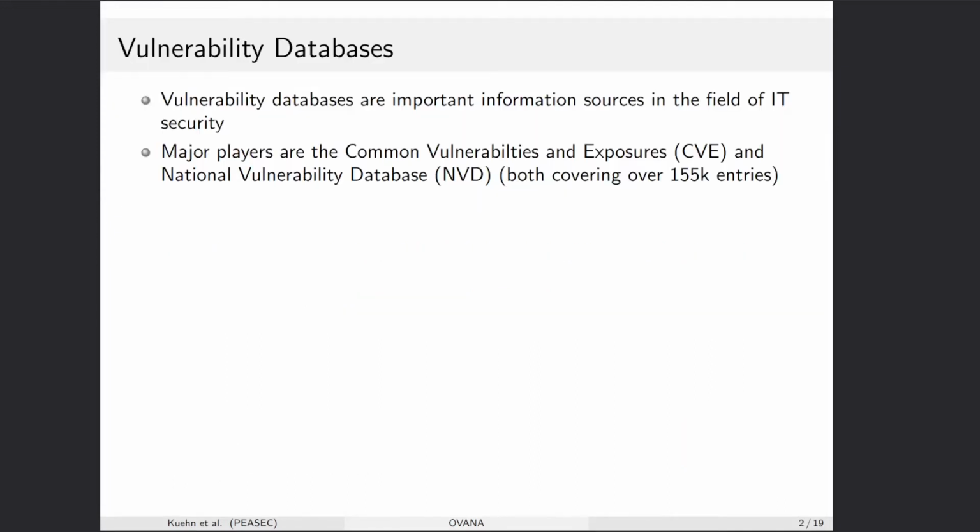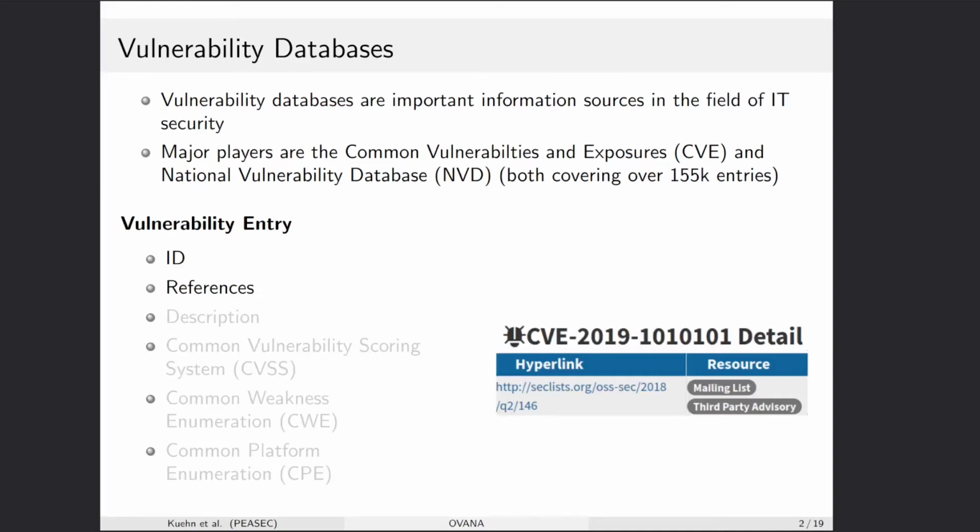Vulnerability databases are important information sources in the field of IT security, and major players in this field are the Common Vulnerabilities and Exposures and the National Vulnerability Database, both covering over 155,000 entries. A vulnerability entry is a composition of the following information: an ID, which is an artificially introduced identifier,